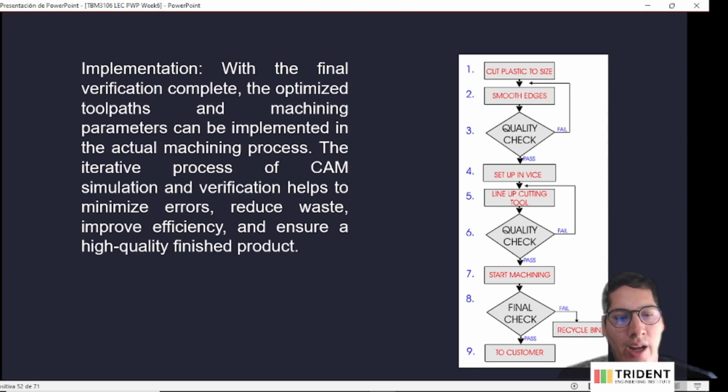And this will ensure a high quality finished product. On the right side, we can see a picture of the process of verifying and all the iterative process of the quality check for a plastic element. Well, we have to cut the plastic to size, we have to smooth the edges, make the quality check. If it fails, we have to do it again. If it passed,